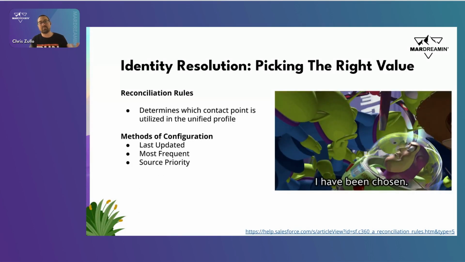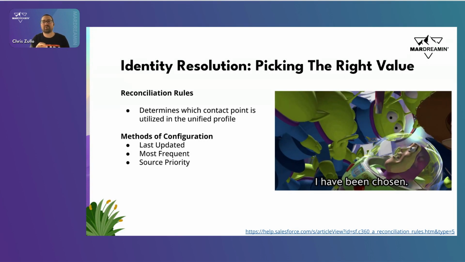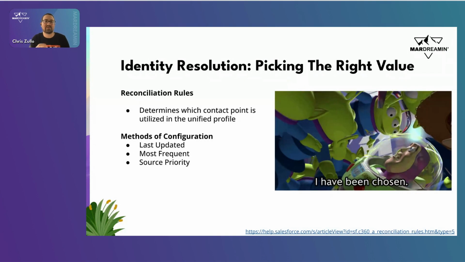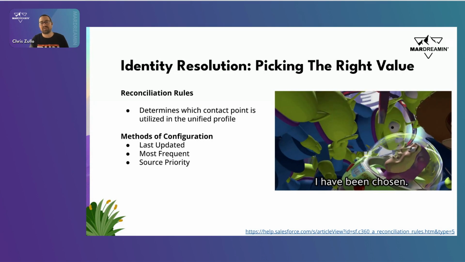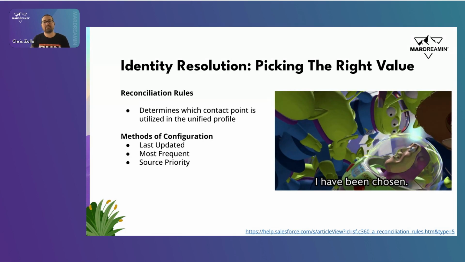We also have reconciliation rules. If we have a lot of different data sources, how do we prioritize which is really the stronger indicator that this is the better data source for this value? And so you can tweak that. You see here's last updated, most frequent, source priority. So you have some flexibility in terms of how we stack rank the right decisions on unifying that individual. So how do we pick the right